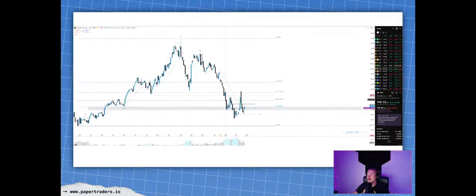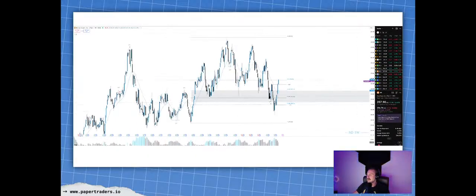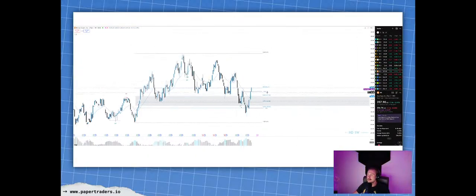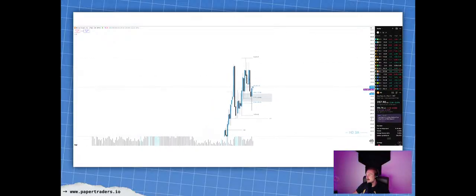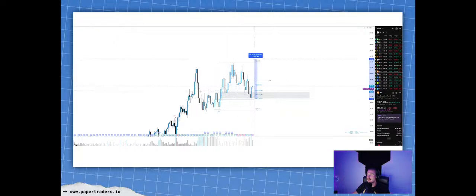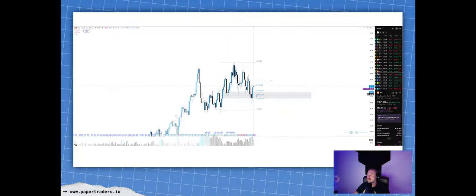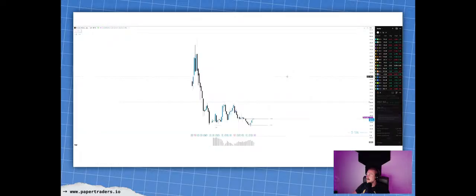Now got a little bit of a W formation here, so through that CISD we can see potential. HD weekly closing above that CISD was really nice for a continuation to the upside. The monthly is looking good, and the 3-month is looking good as well with the hold of this OTE range, as well as that monthly fair value gap here for a nice continuation. Nobody closes below that, right?